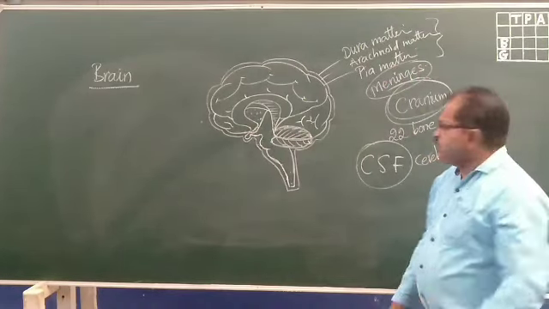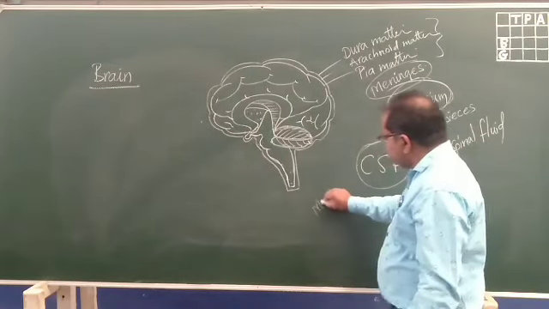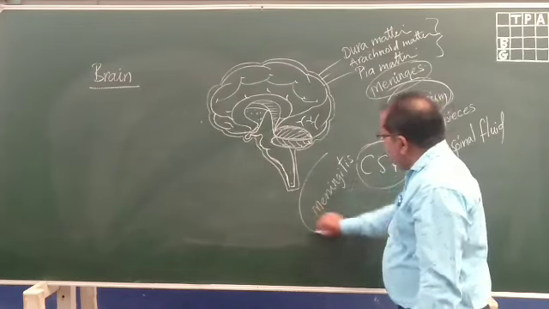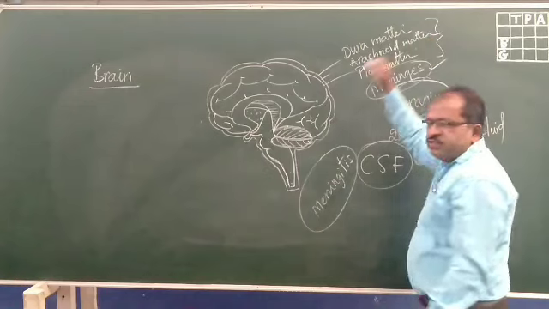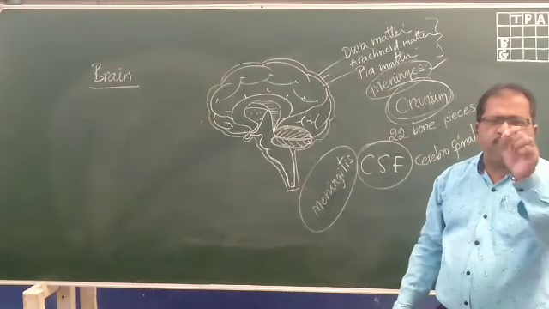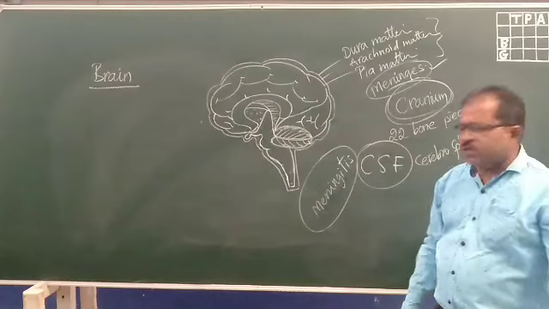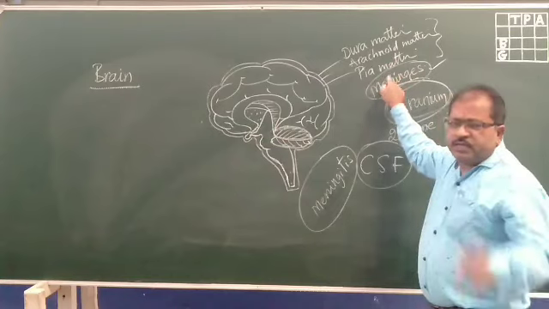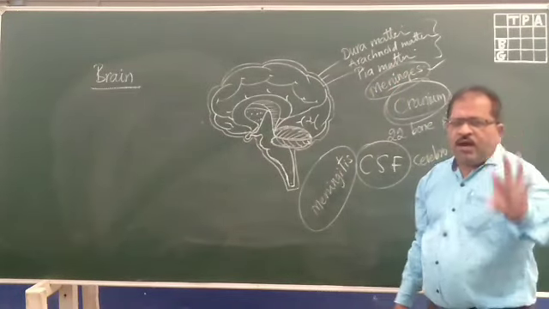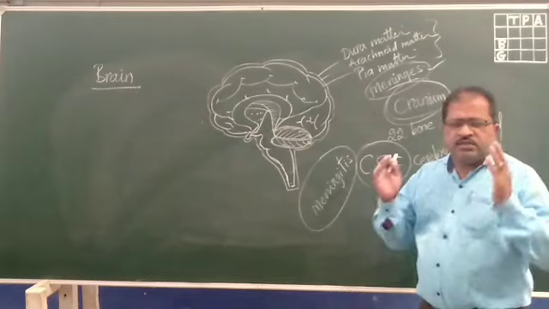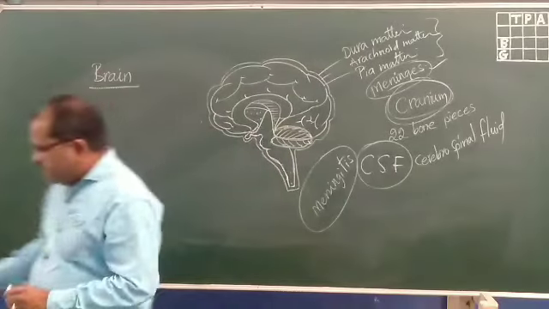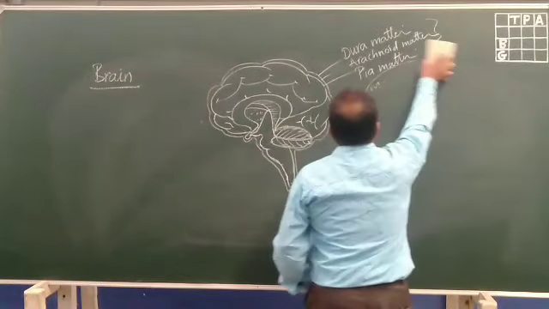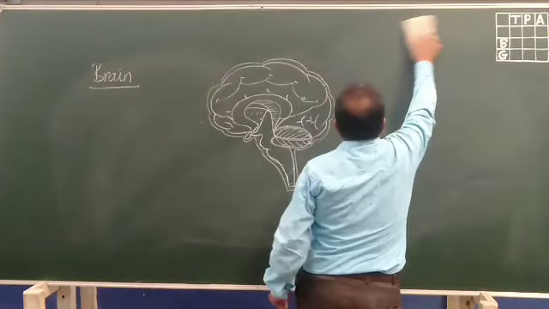And there is a kind of disease called meningitis. Meningitis is a disease which affects the meninges, that is the inflammation of the meninges. Meningitis means nothing but inflammation of the meninges. Meninges means these three layers together. And this brain has three major parts. Let me explain those parts.